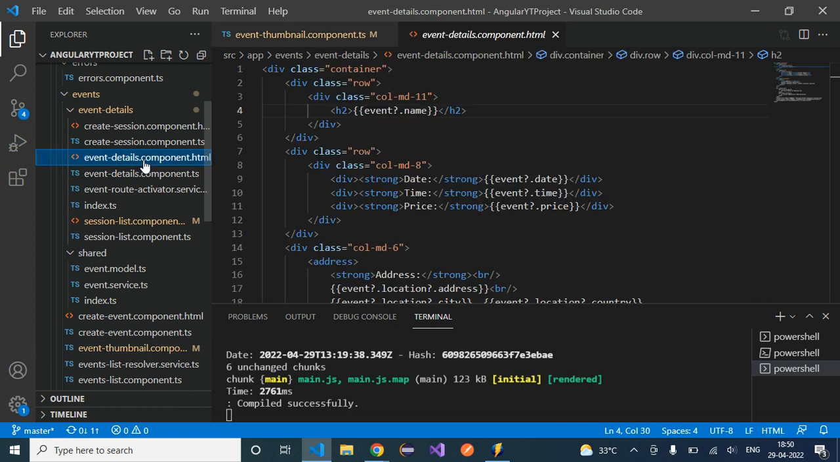Okay, this is the file. Here, whatever data we are displaying as part of that particular event, to display those event details, we are modifying this. Let me specify the pipe as uppercase here. Okay, here I'm specifying uppercase, and for the date, here you can see